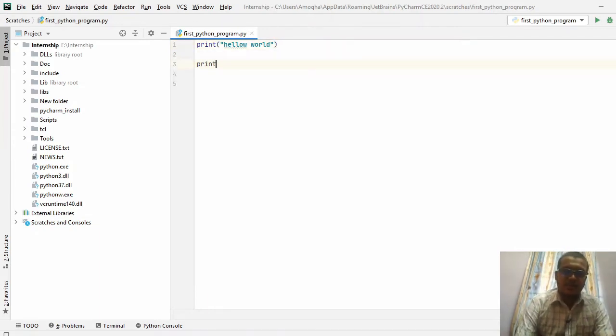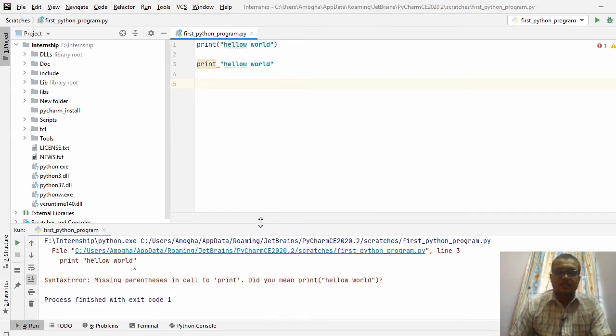So if you write without brackets and try to execute this, it will pose an error. It is just saying that there is a missing parenthesis in the call. So as I told you earlier, as per the syntax, you need to make use of brackets. If you make use of brackets,